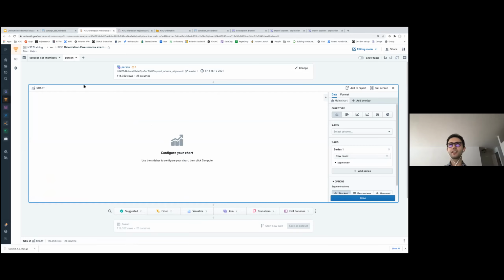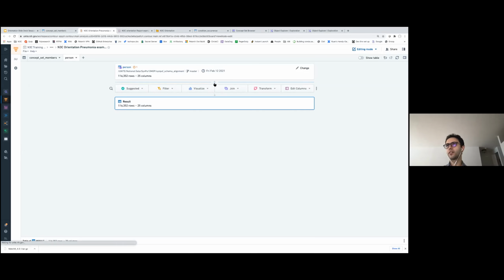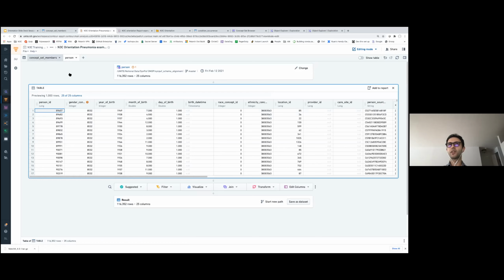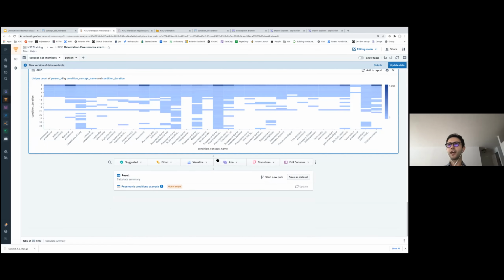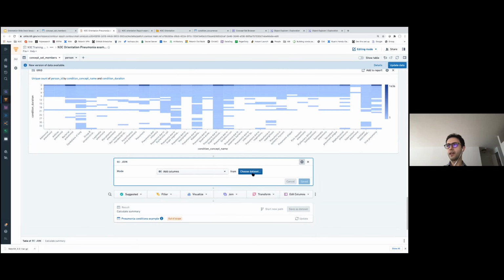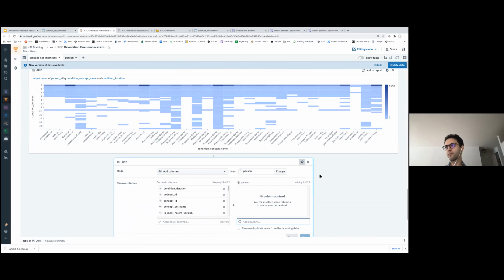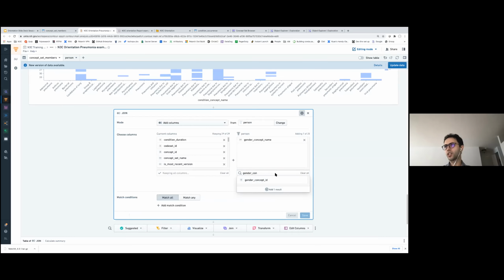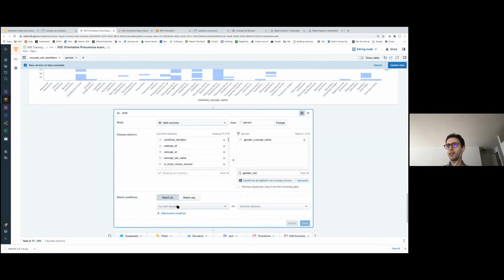Well, before doing that, since I grabbed the person table in here, in the resulting data set that I have here, I want to add the gender from this person table. So for that, I can do another join transformation. And instead of grabbing a data set within the enclave, I'm going to grab the result of my person path. Let's say I'm just interested in adding the gender as a column to my existing data set. And in this case, the match is going to be on the person.